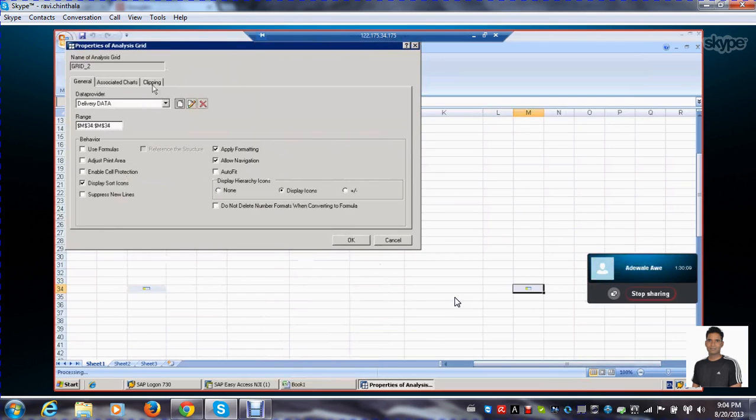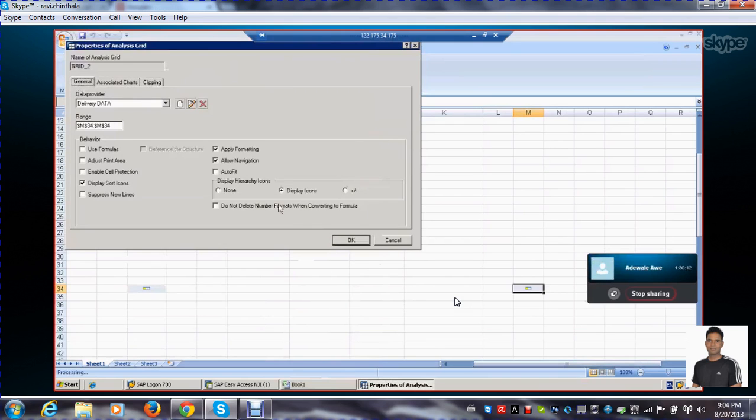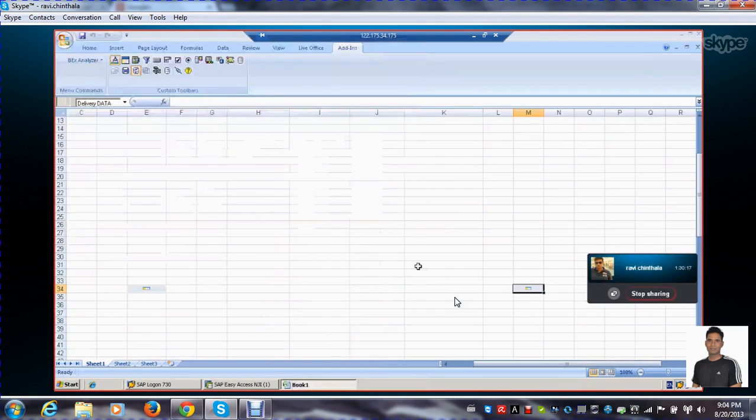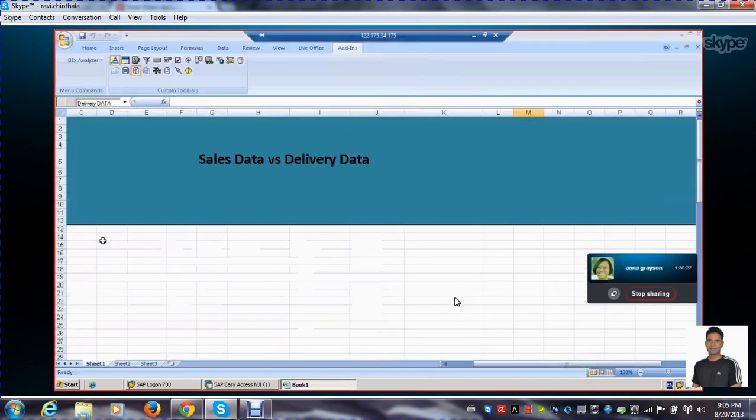And here you can see charts, nothing available. So that's it. And this is the initial one. So here we have different options available. For example, if you want